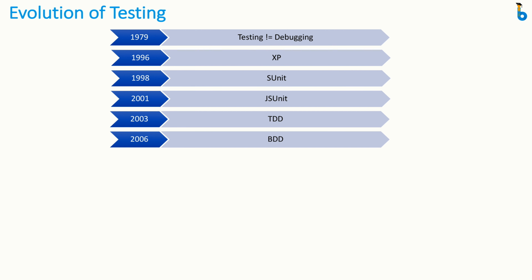And in 2006, BDD was introduced. BDD is behavior driven development. It's a collaborative approach to software development that bridges the communication gap between business and IT. After 2006, Selenium was introduced. Selenium is a portable framework for testing web applications. Actually, Selenium automates browsers. It provides a playback tool for authoring functional tests without the need to learn a test scripting